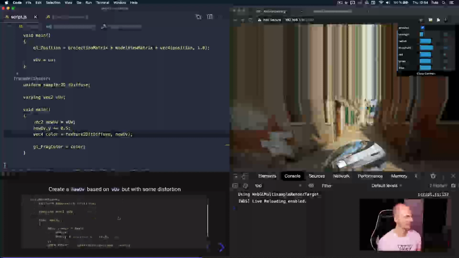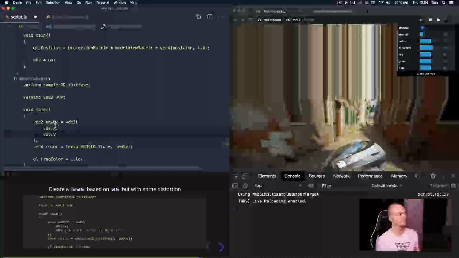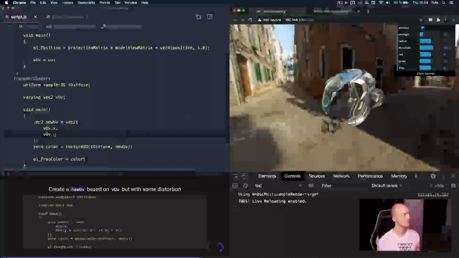What we are going to do is make the things waves, sinus. You should have known this one. So we are going to do things slightly differently. I will do vec2. So it's exactly the same thing. I will do vec2. I will use the vUv.x and the vUv.y. I did the same thing. I just put the X and the Y by myself inside the vec2. So if I save, I get the same result, but the Y, I'm going to change it and do plus